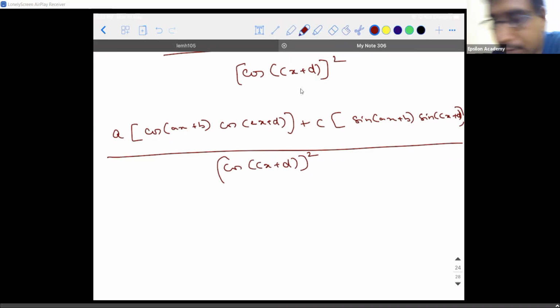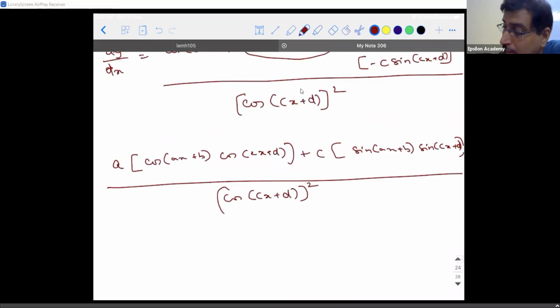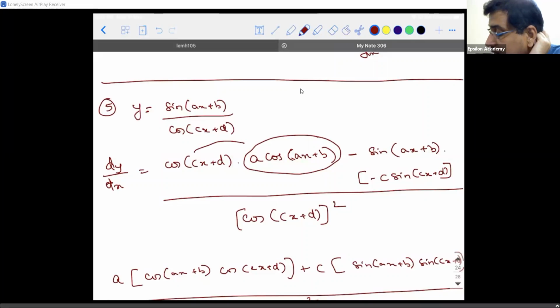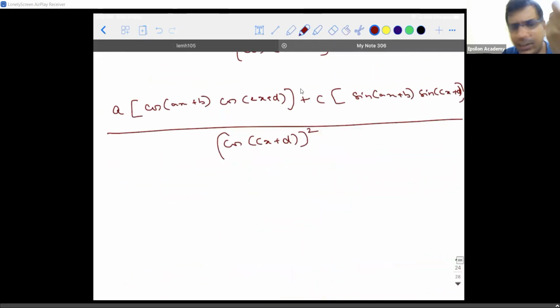You applied quotient rule and are then doing the chain rule, right? I applied quotient rule, right? In the process of applying quotient rule, I had to find the derivative of sin of ax plus b, correct? There I applied chain rule. Okay, sir, I understood. If you are not comfortable with this, I'll give you another. We can create on our own. Let's do it immediately.